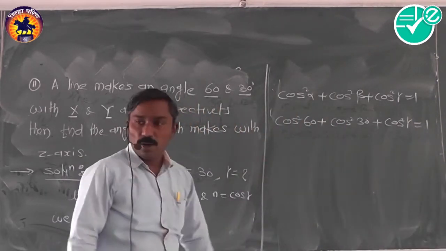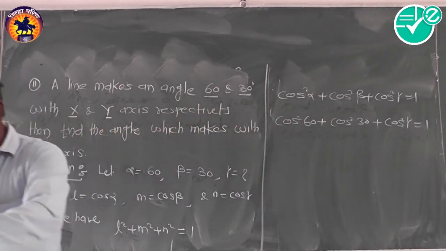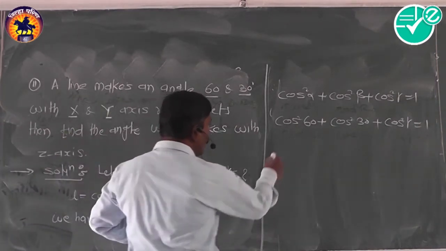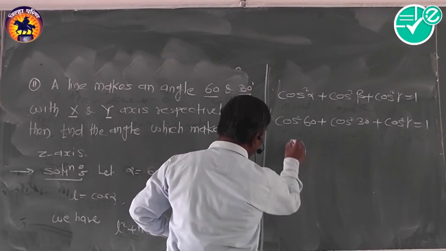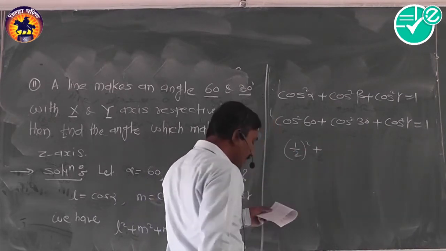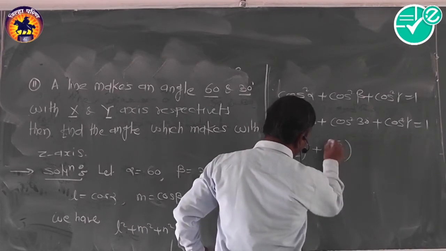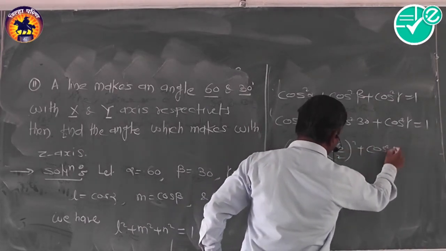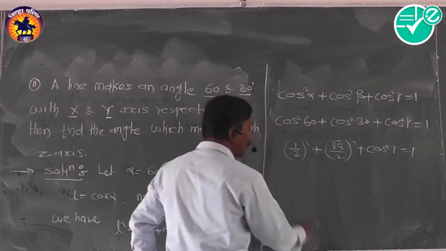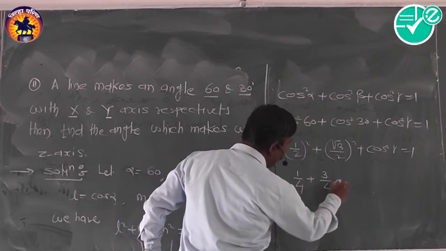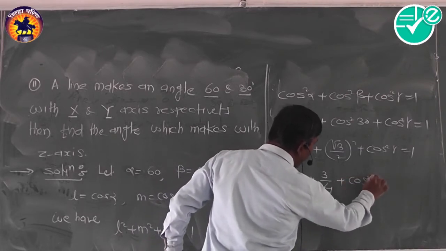Now we know the values of cos 60 degree and cos 30 degree. That is cos 60 degree is 1 by 2, bracket square, cos 30 degree is root 3 by 2, bracket square, plus cos square gamma is equal to 1. So this becomes 1 by 4, this becomes 3 by 4,